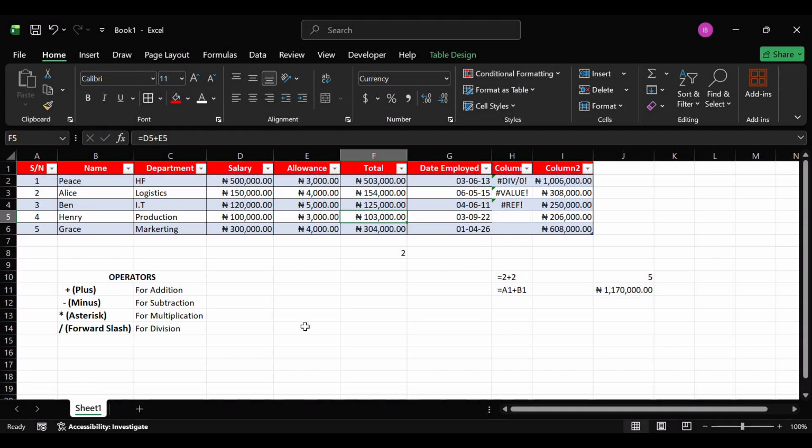So in this particular module, which is module 5, we have 10 lessons to talk about. The first one is knowing what a function is. As I said before, a function is a predefined formula in Excel. So for example, instead of writing what we wrote here,